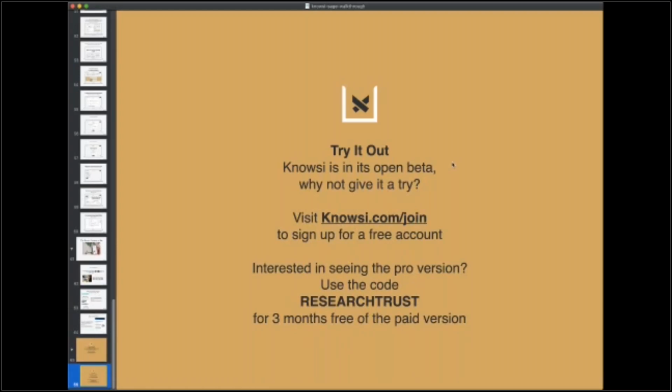The express goal of Knowsi is that this tool came up from a product design community need. But what I've continuously heard is that the need exists much more expressly in the academic community. So I'm very actively working towards, with the help of Sage, bringing Knowsi to the academic community and supporting you all as best I can. So if you would like to use Knowsi in the context of your REB, give me a shout.